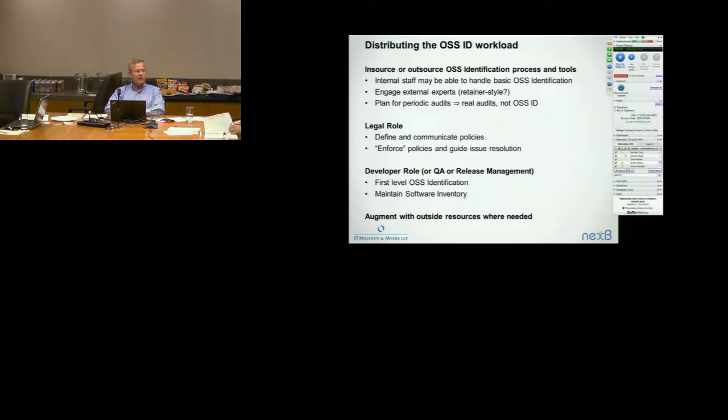So, last word, which is about how you go about effectively doing this identification. With the advent of free and open source tools to scan free and open source software, you now have the possibility to more efficiently distribute this identification and have product software development teams use these tools, include them in their build process, and perform due diligence on a more continuing basis, being able to more efficiently